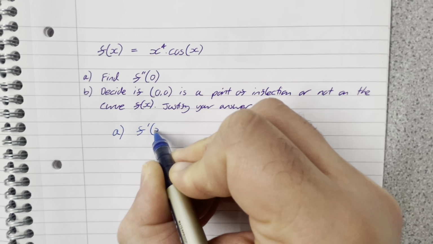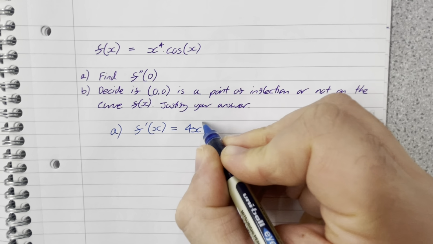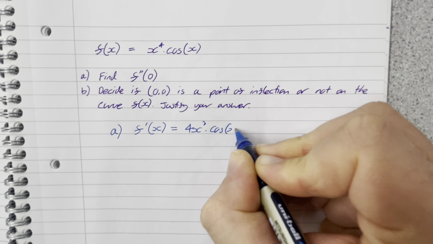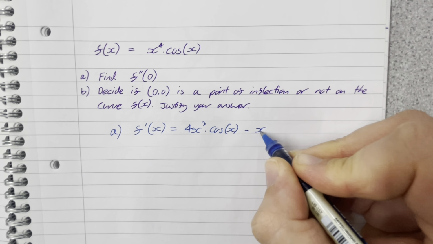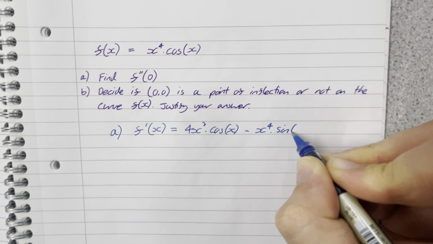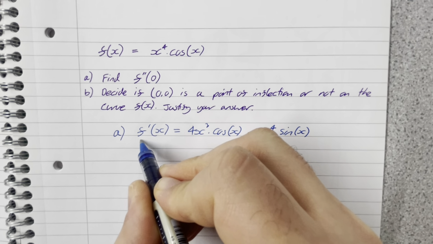So f prime of x is going to be this times the differential of that, which is 4x cubed times the cosine of x, plus that times the differential of this, which is minus x to the 4 times sine of x. Okay, we are in radians. And then f double prime of x,